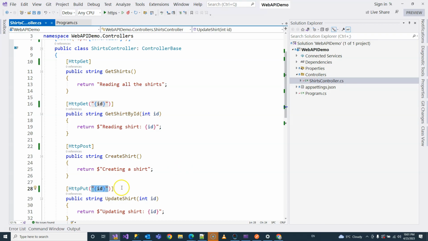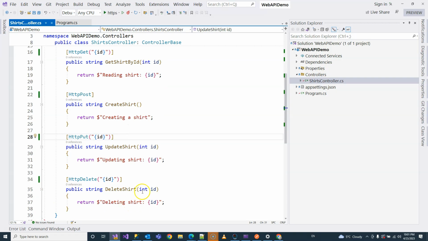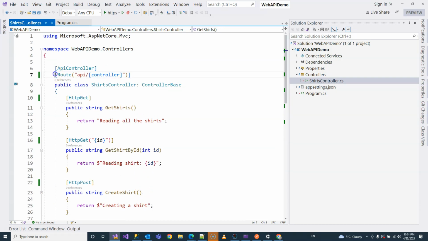The first way is to use route on each one of these action methods. And the second way is to provide a route template on top of the controller and then provide the parameters